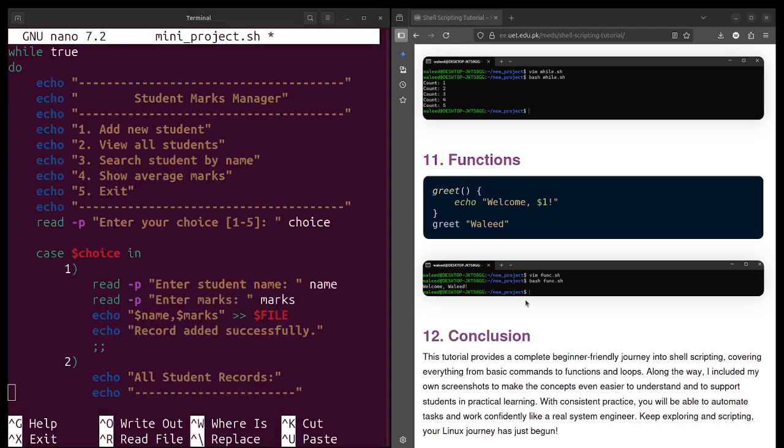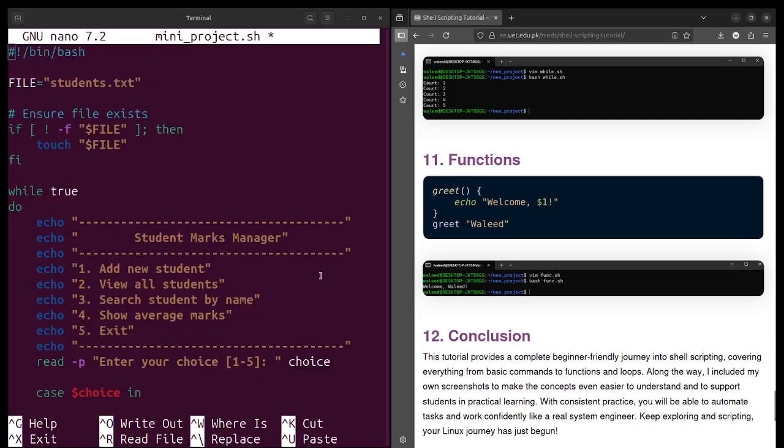Okay, so I have just made a project, basically for teachers, for student storage level. It started with a Shebang operator. As I said earlier, it is a Shebang operator which tells you where you are. Then it basically ensures that your file exists or not.